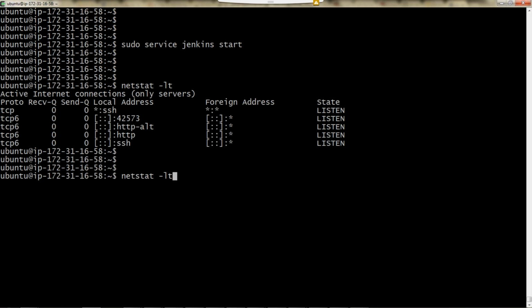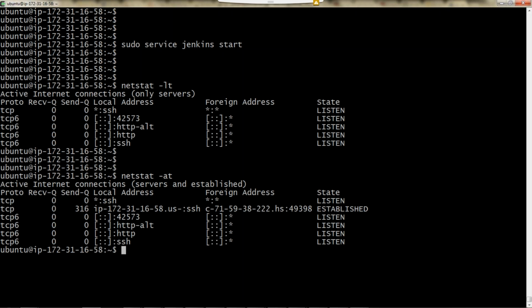What happened is, still, let's say Jenkins is up. Okay, I can't see port 8080 established connections. So